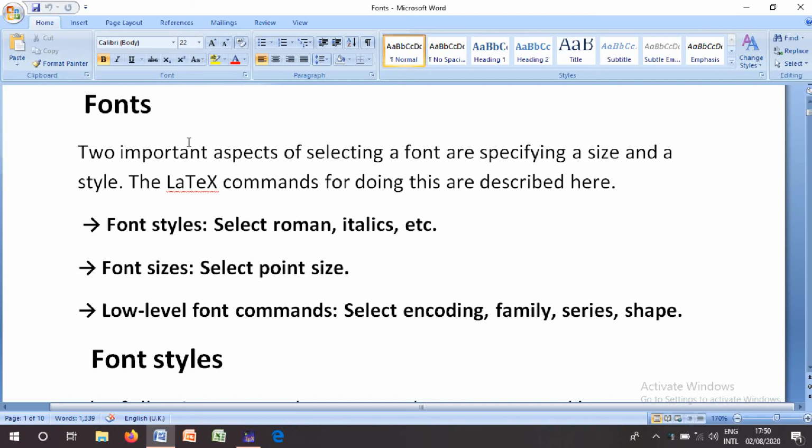Awesome friends, today we will discuss fonts in LaTeX. What is the role of fonts in LaTeX? Two important aspects of selecting a font are specifying a size and a style. The LaTeX commands for doing this are